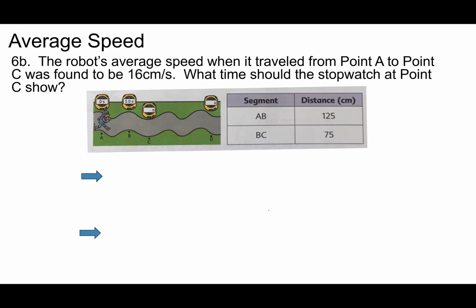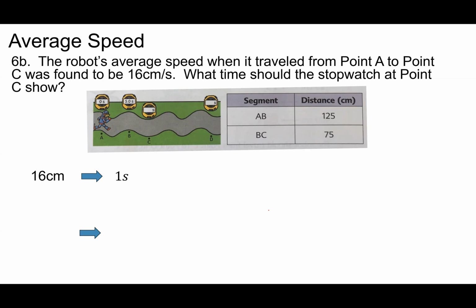The robot's average speed when it traveled from point A to point C, now though, was found to be 16 centimeters per second. What time should the stopwatch say at point C? Okay, well, if he's traveling 16 centimeters per second, we want a time measurement, right, guys? Okay, so this time we're finding time. What we're finding goes on the right. So he travels 16 centimeters in 1 second,